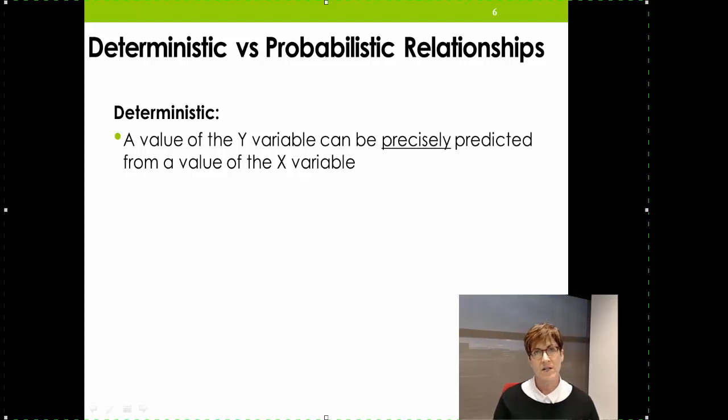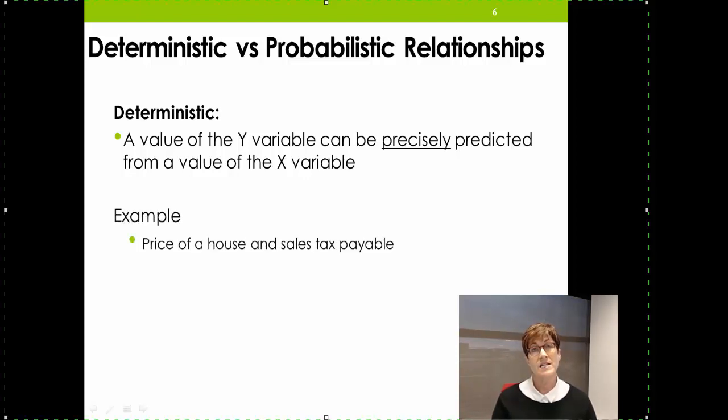We also need to understand that there are both deterministic and probabilistic relationships. A deterministic relationship is where a value of the Y variable can be precisely predicted from a value of the X variable. So an example of that is price of a house and the sales tax payable. So sales tax is a percentage of the price that you pay for a home. So once you've paid the price of the home, the amount of sales tax payable is completely determined,